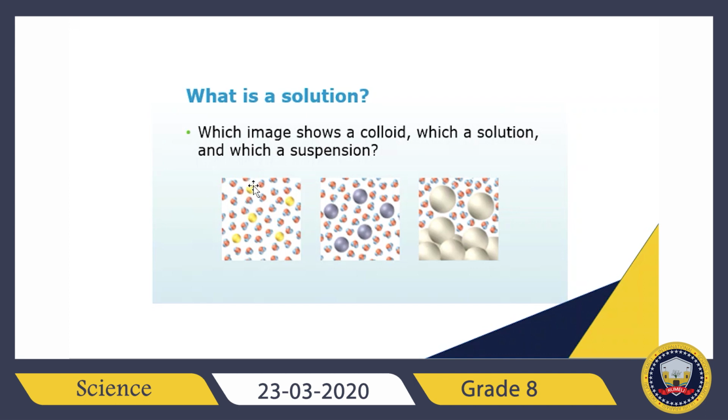That's why they will be able to evenly distribute through the solution, and they will not settle out of the solution. Okay, so this is the main characteristic of a solution, that the particles inside the solution are small enough not to settle or not to be separated